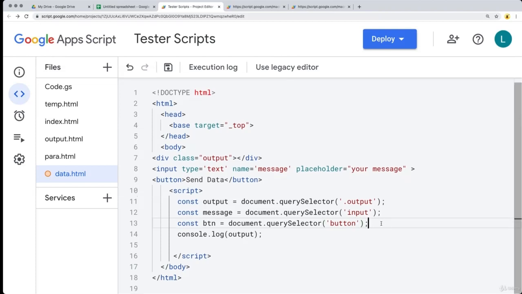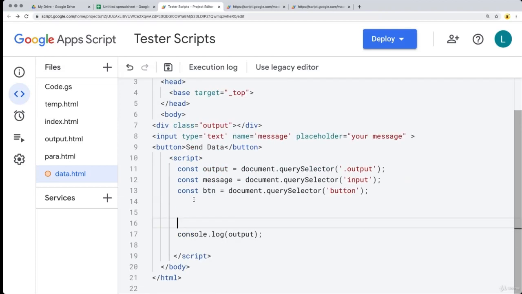And this is all just regular client-side JavaScript. So nothing yet with the Google Apps Script. And we're trying to get the message value so that we're ready to send it over to the server side. So with the button, add event listener, we're going to listen for a click on the button. And if it gets clicked,